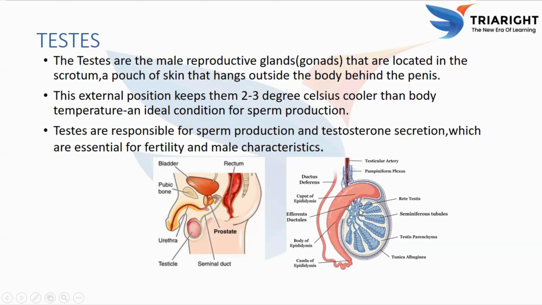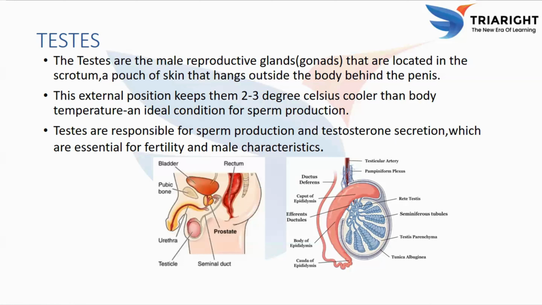So each testis has 3 layers. You can look over here, each testis has 3 layers, also called tunics: tunica vaginalis, tunica albuginea, and tunica vasculosa. The tunica vaginalis is the outermost serous membrane derived from peritoneum, whereas the tunica albuginea is a dense fibrous capsule